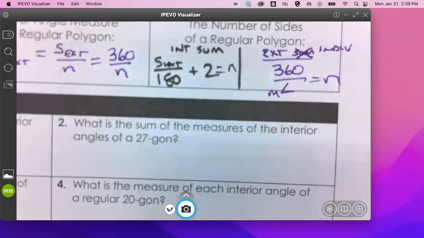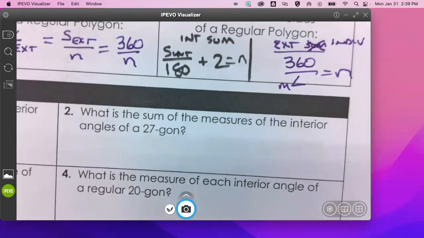All right, you've got the rest of the period to work on the rest of these problems. They take some